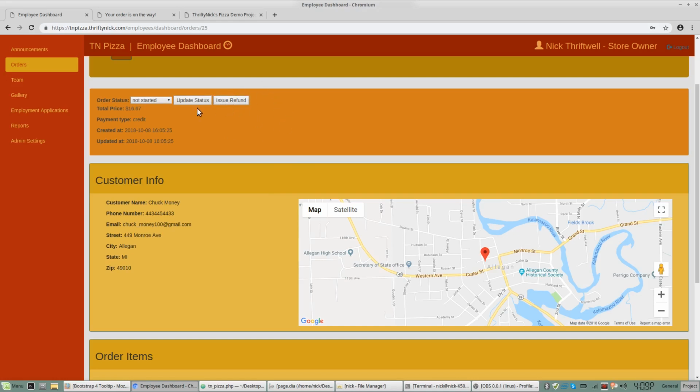All the credit card orders are through Stripe, and they have a functionality where you can do this via their API. Or another way that you can do refunds is you can do it on their dashboard. So you don't even necessarily have to do this to be able to issue refunds on credit card. Okay, and it shows some basic information, what the total was, the payment type,